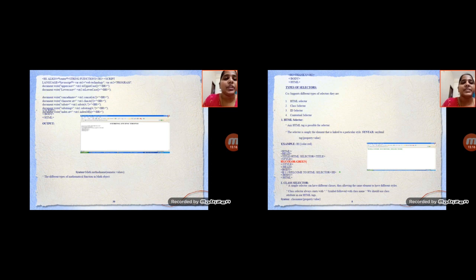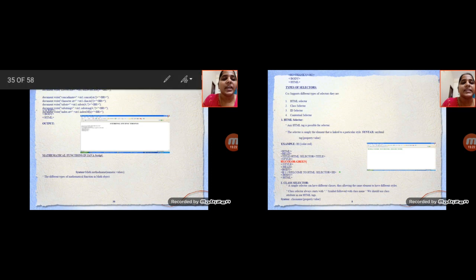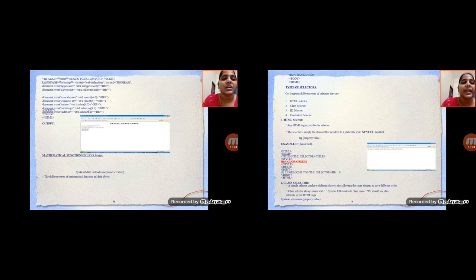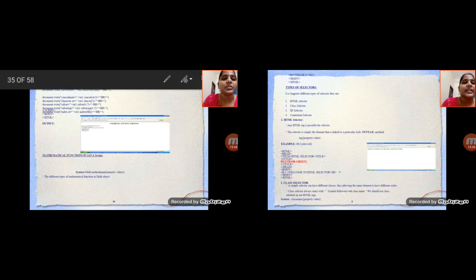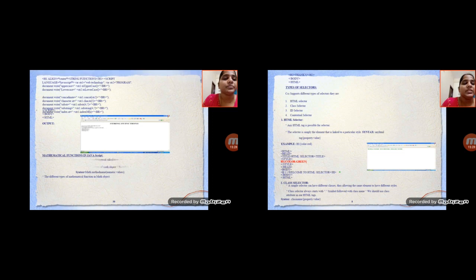HTML selectors: any HTML tag is possible as a selector. The selector is a symbol for an element that is linked to a particular style only. This is the syntax for any HTML tag: property and value. For example, you choose h1, then choose the color, then the title, and h1 with that color, and h1 saying welcome to HTML selectors.